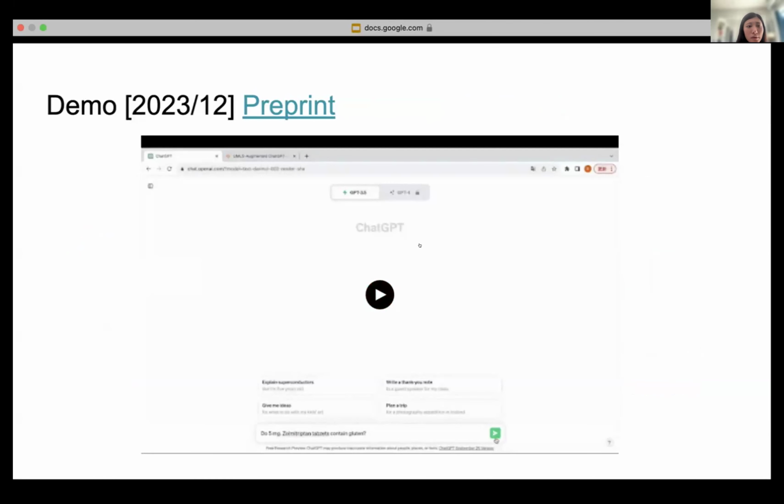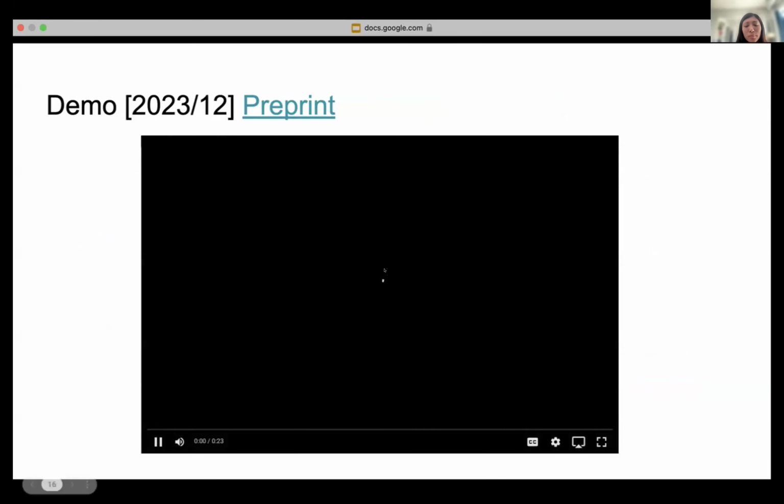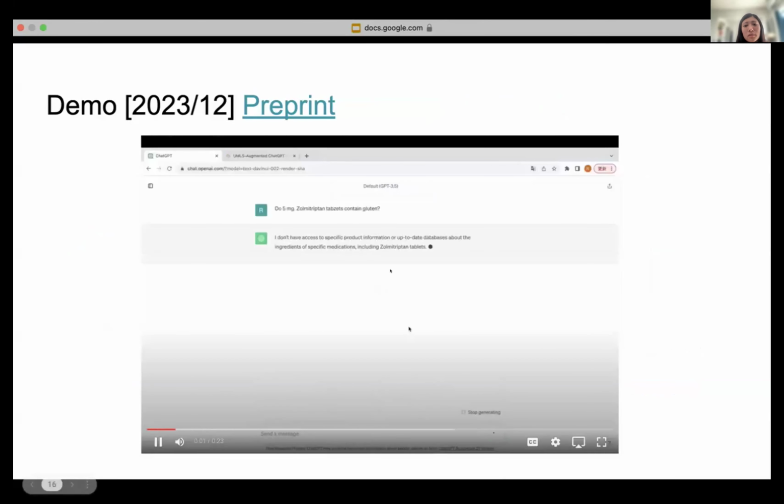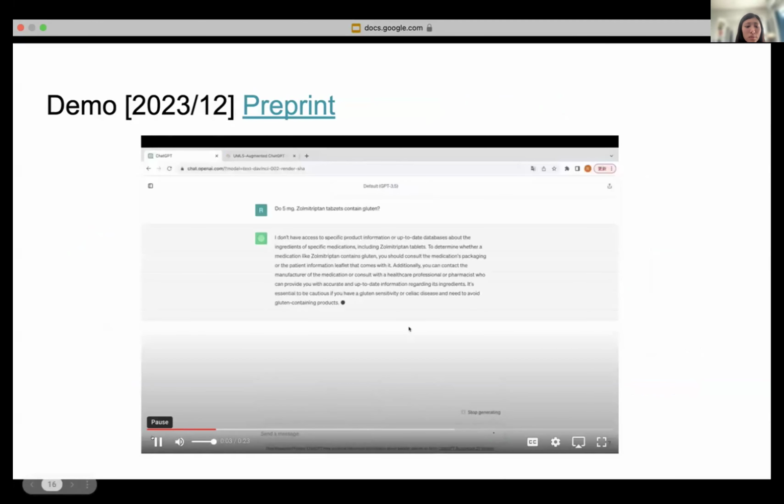This is a short demo where we compared with the original ChatGPT 3.5. Once we ask a medical question, sometimes GPT has no knowledge of it, and GPT would just simply say, I don't have access, or I don't have knowledge of this. But after our improvement,